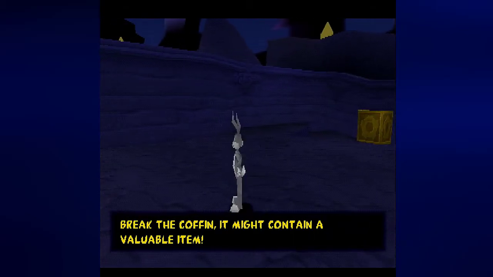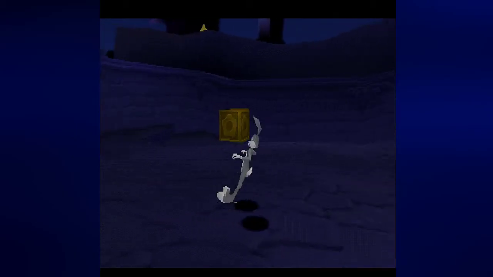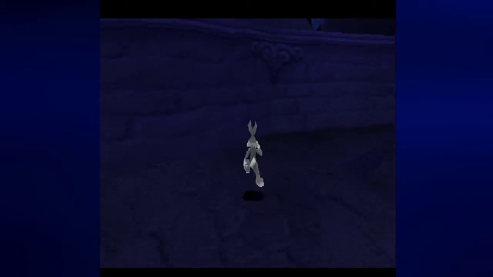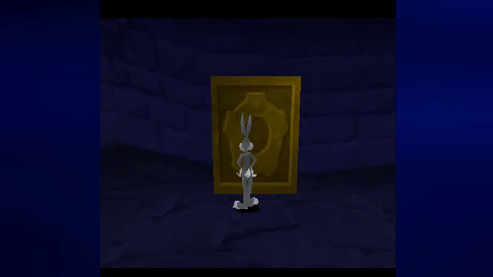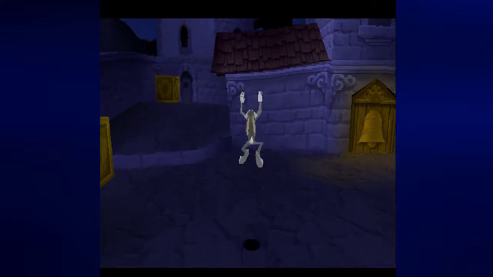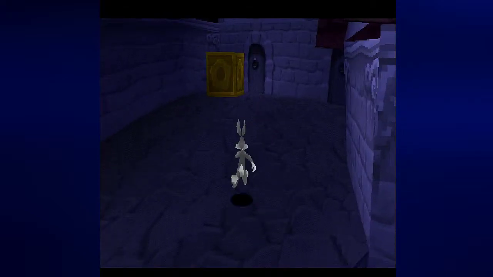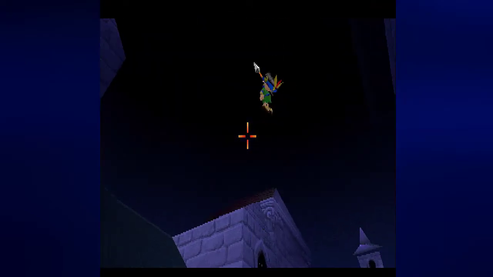Also, the coffins. Some of them contain valuable items. Some contain carrots, others contain time regulator gears. Some of them will contain skeletons that will strike at you. Also, these gearboxes. We will have a special way of breaking them soon enough. For now, we're going to look around and...